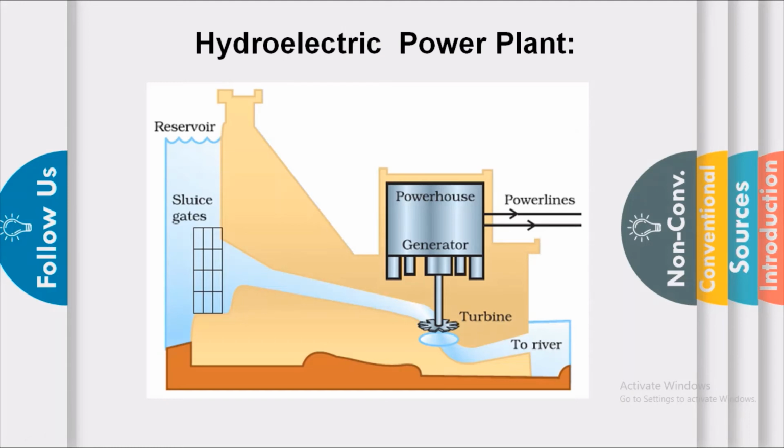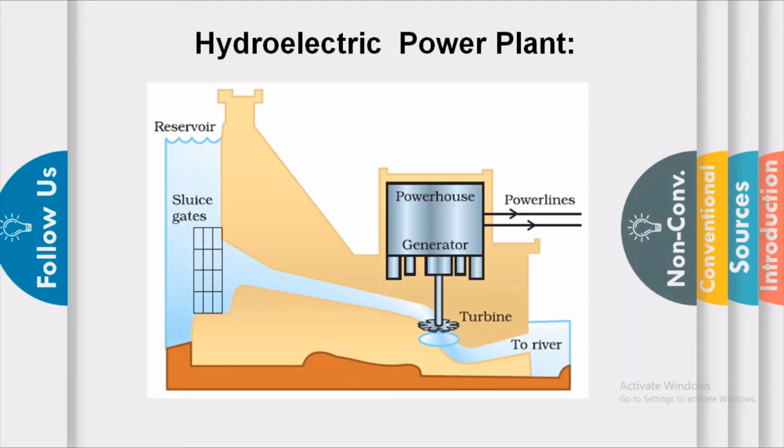So for the hydroelectric power plant, I have shown the schematic diagram here. On the slide you can see hydroelectric power plants are used where water is at a height. In a hydroelectric power plant, the potential energy of the water at a height is converted into mechanical energy by rotating the turbines, and this mechanical energy is further converted into electrical energy. To put the water at a height, we use dams, correct, and dams are formed in a river to stop its flow and keep the water at a height. This is the simple idea about the hydroelectric power plant.